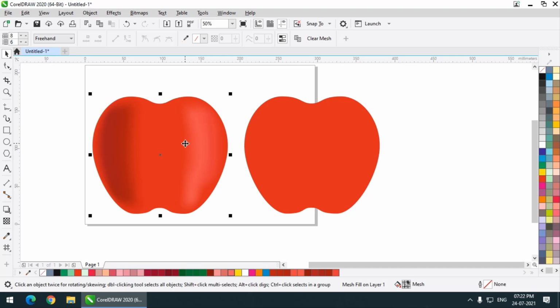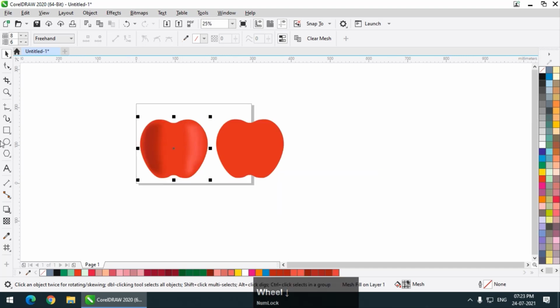I only tried creating an apple. You can try some different things as well, but this is the method you can use. This is basically the method of using the mesh tool. It can be very useful, especially while designing croquis in fashion designing. You can apply it on the skin. Maybe if you want different skin tone on the croquis or designs, or maybe if you are designing cars and different things, like maybe flower pots or something like that, you can try and add different shades of color so that it will look more realistic.